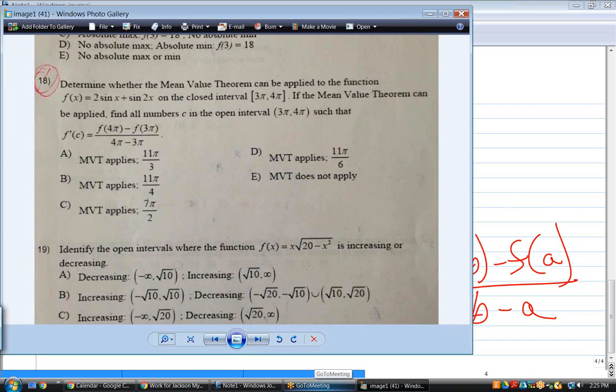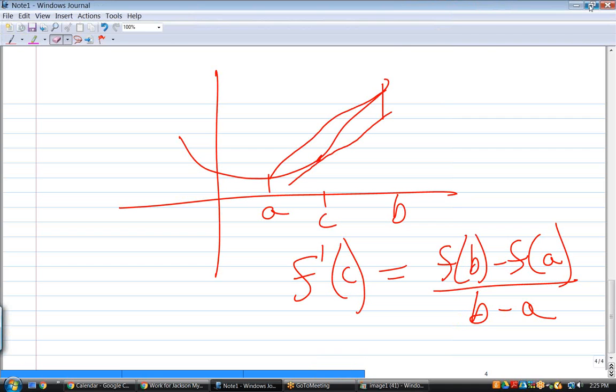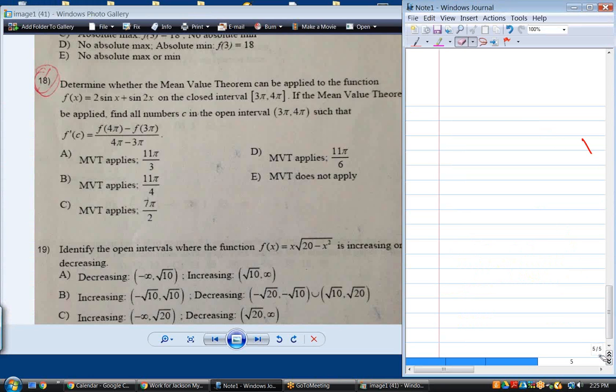So, first of all, let's find the first derivative of this function. That's almost always a good place to begin. F prime of x, what is it equal to? That'd be 2... negative cosine x or just cosine x? Cosine x. The derivative of sine is cosine. Derivative of cosine is negative sine. So 2 cosine x plus